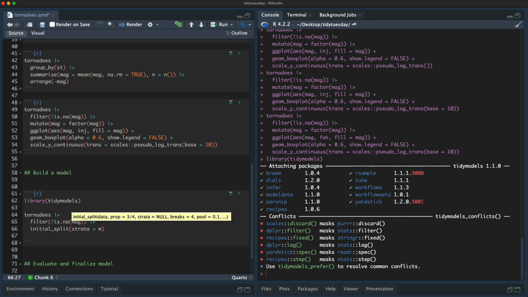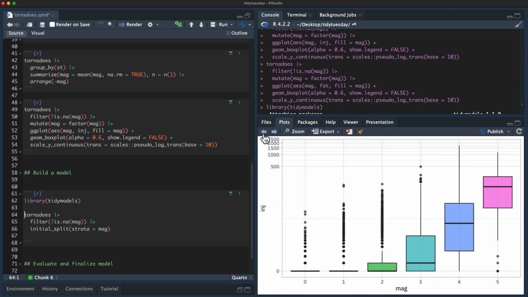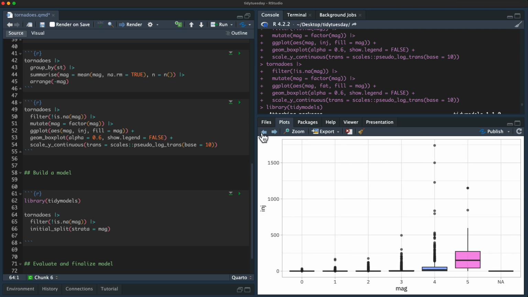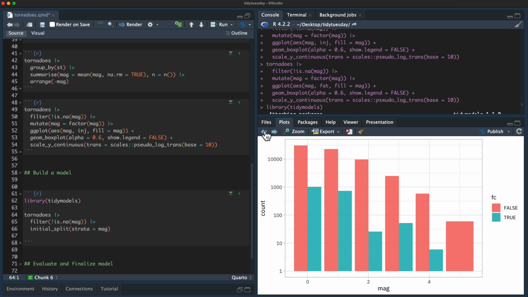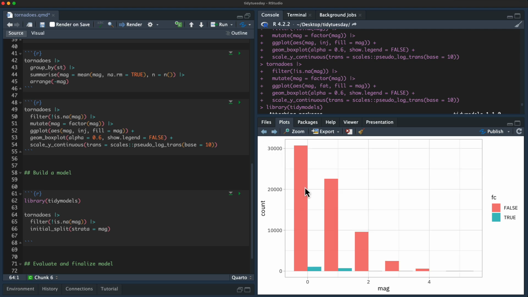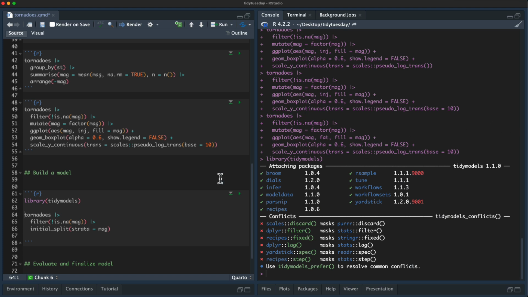I'm going to stratify by magnitude. Stratification, when you're doing resampling, almost never hurts you, and sometimes it really helps you. I suspect this is a situation when it would help, because the magnitude is distributed, as we saw in our plots, where there's lots and lots of 0 magnitude tornadoes and very few high ones. So if we want to be able to predict those really high ones, we need to make sure they're in our testing sets, and evenly split up.